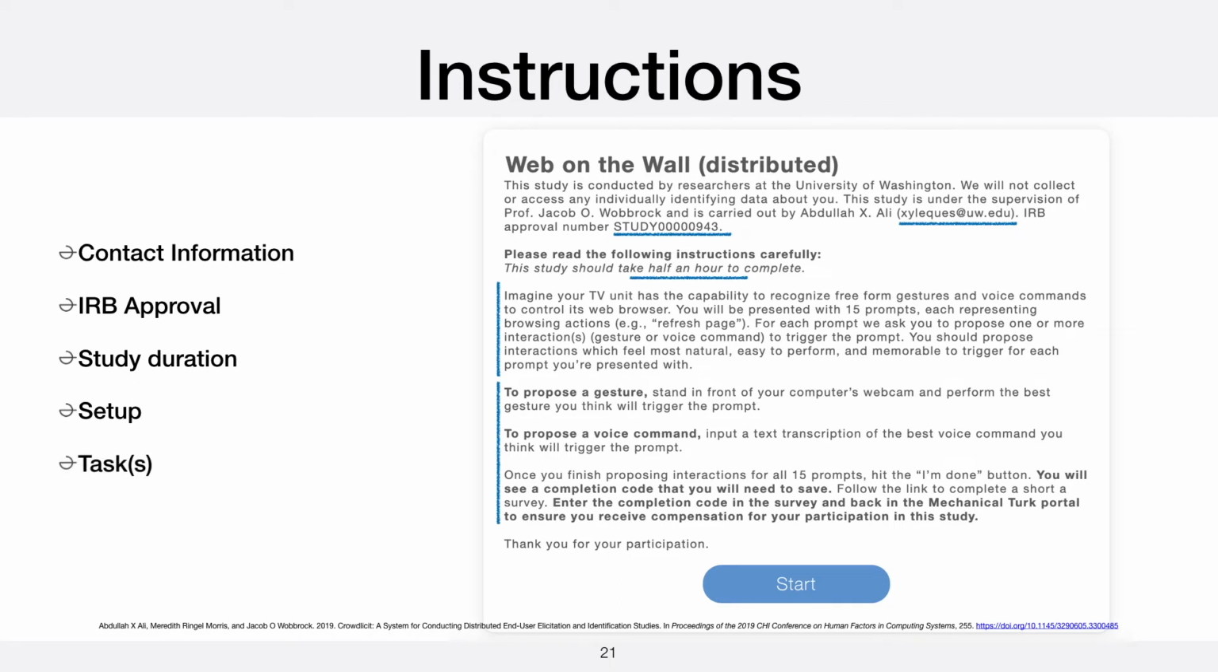Then explain to them how they would go about completing these tasks. So here I say to propose a gesture, stand in front of your computer's webcam and perform the best gesture you think will trigger the prompt. And to propose a voice command, input a text transcription of the best voice command you think will trigger the prompt. Once you finish proposing interactions for all 15 prompts, in this study we have 15 different functions that the web browser would do,